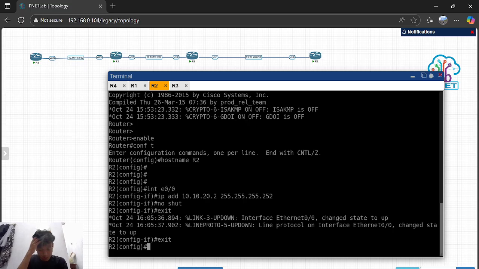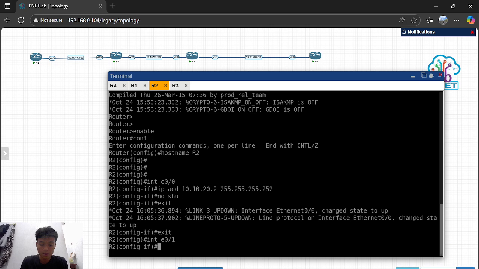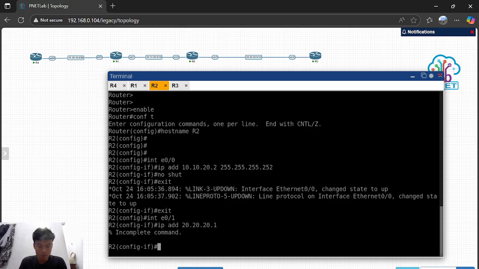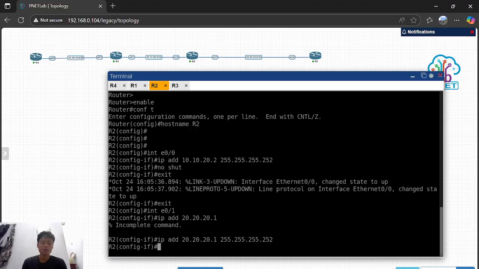After that, you can add another IP address like this, with subnet mask. And after that you must enter no shut and exit.